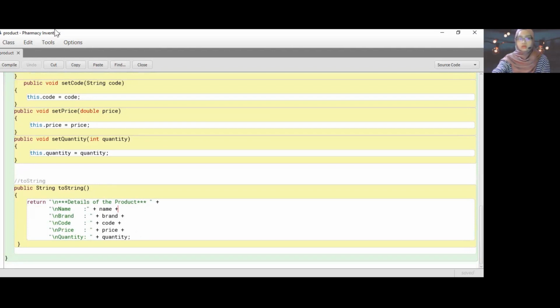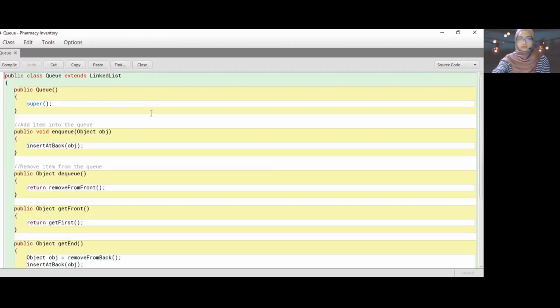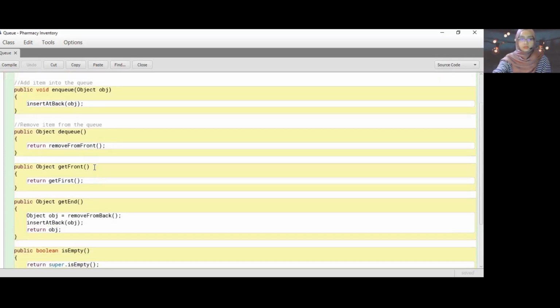So now we are going to look at the queue class. For the queue class, the first one you will see is a public class queue extends linked list, and then in there we have a public queue, and then we add an item into the queue with insert back for the object, and then we remove the item from the queue with return remove from front, and then we get the front,